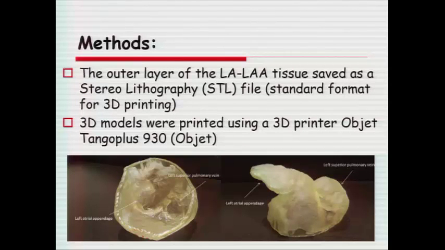Then the outer layer of the left atrial appendage tissue was saved as an STL file, which is a standard format for 3D printing, and 3D models were printed using a semi-solid material. And here you can see examples of